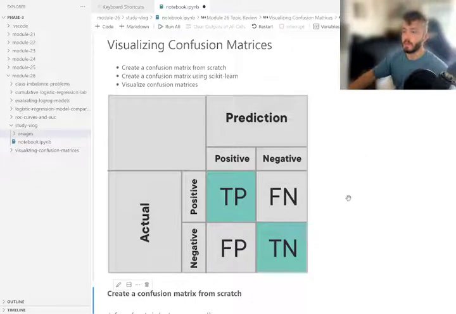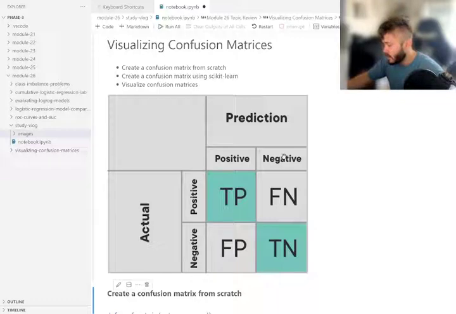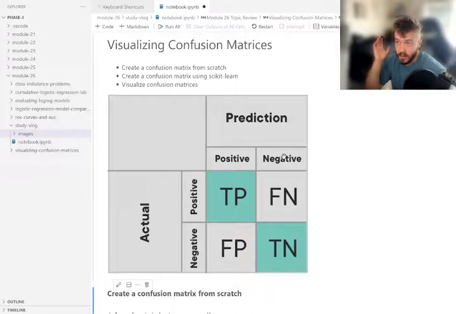Boom, there it is. So this is a kind of broad, general example or visualization of what a confusion matrix is. A confusion matrix is a visualization method that you use to evaluate a binary classification model. Well, no, any sort of classification model, because you can have confusion matrices for umpteen different classes that it